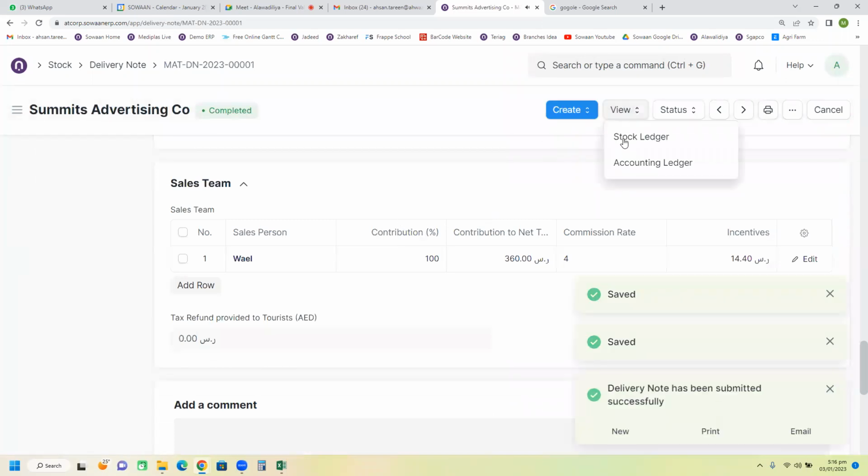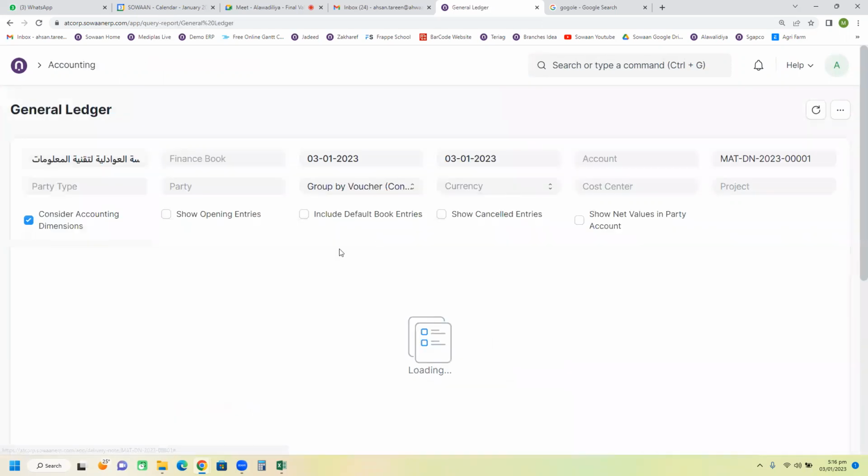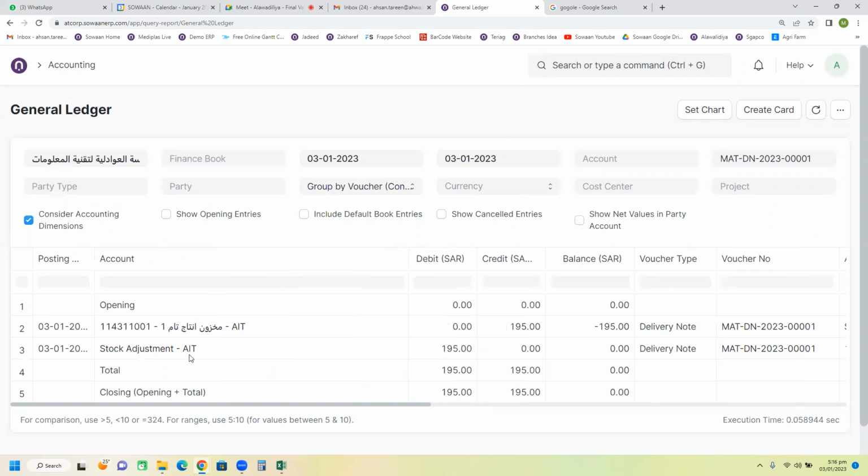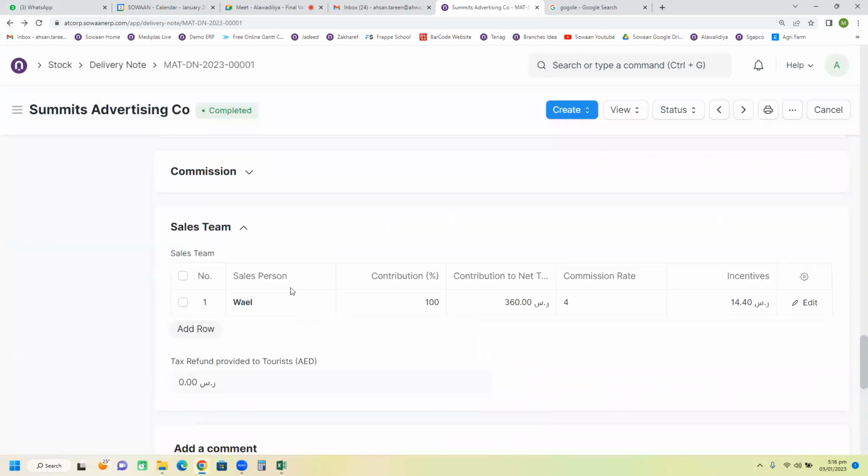So I have created the delivery note. You see, the delivery note is going to book cost of goods sold. This is the cost of goods sold, and this is the asset account from where the delivery is made, the stock asset account. The expense account, cost of goods sold, is debited, and the stock asset is credited. This stock asset account is mapped with the warehouse from where you are making a delivery. And this is coming from